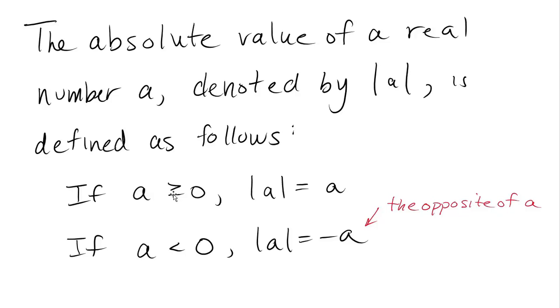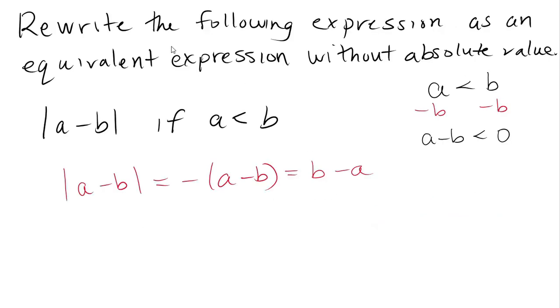If the expression you're looking at is greater than or equal to 0, leave it alone. Just drop the absolute value bars. And if the expression you're looking at is less than 0, then when you drop the absolute value bars, you must find the opposite of the input, and then you can simplify that if you want to. Again, I like to simplify it all the way down as far as I can, but there's nothing in here that says that you have to simplify when you're done, so leaving it as the negation of a minus b